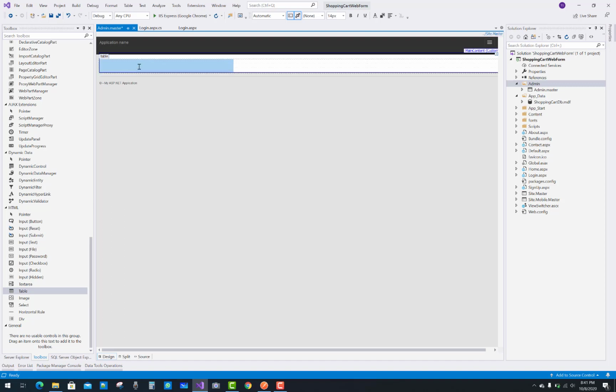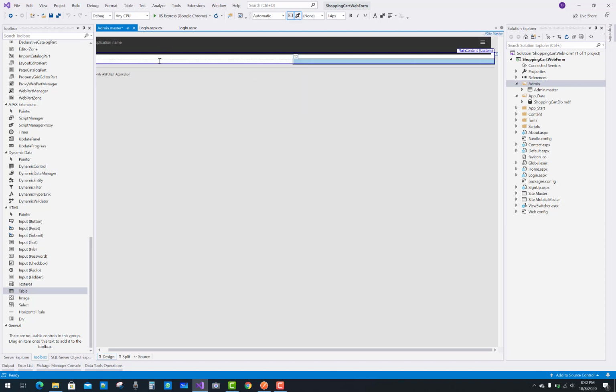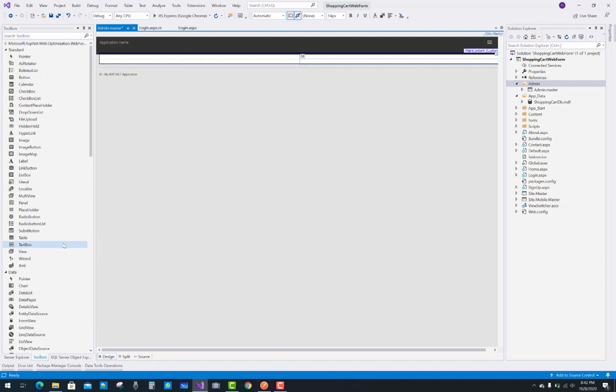Just merge these columns, just right click on it, click on the modify button and merge it. That cell will be used for navigation purposes, and that cell will be used for your content placeholders. So use that cell for the navigation purpose, and the content placeholder in the second cell.